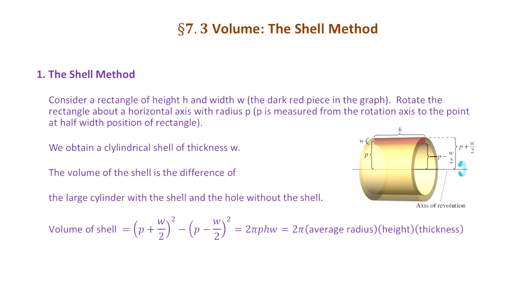So you can see the two cylinders here. One cylinder is the larger cylinder, including the shell, and then you get the hole. You can see that's a cylinder, a hole of cylinder, and that does not include the shell. Okay, so then you can compute the volume of the shell